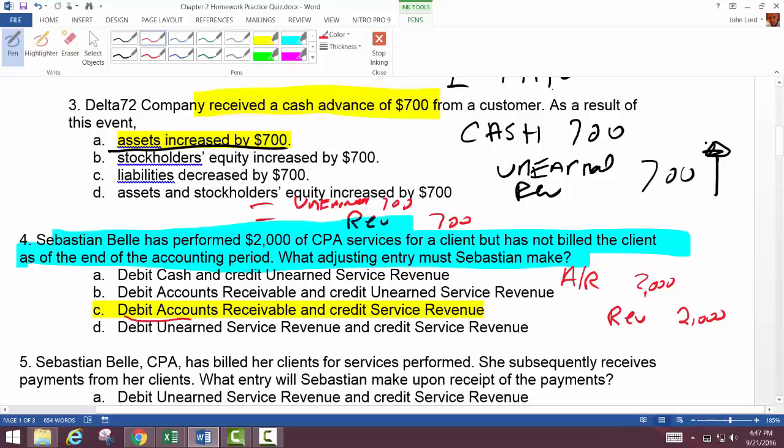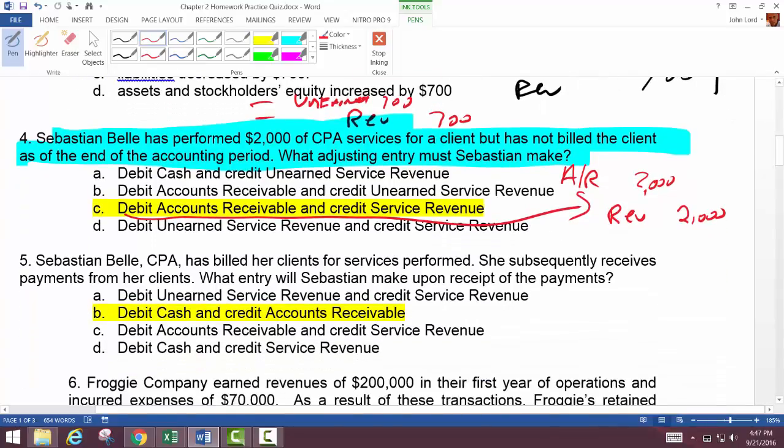So we debited the accounts receivable, and we credited service revenue. There's that entry right there. And then it turns out that a little bit later, she gets paid. The person pays her the cash, right? Let's say they pay her $1,500. We don't have to make it the whole amount. What's the amount of cash then? $1,500. I debit cash $1,500. What do you want me to credit? I'm going to credit the accounts receivable now because